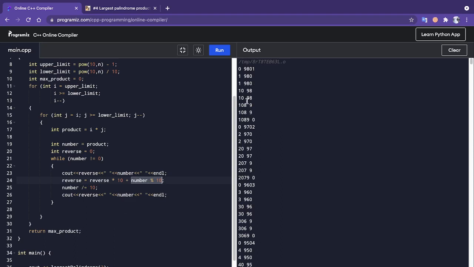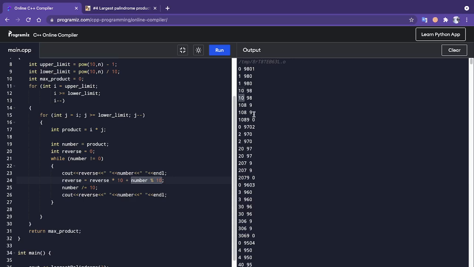Now when 98 is divided by 10, it gives a remainder of 8, and the 8 is going to be added to 100, meaning this 10 is multiplied by 10, so 100 plus 8, that is 108. Now again the same process.